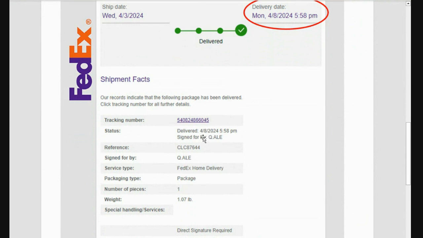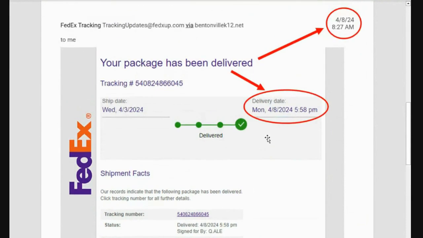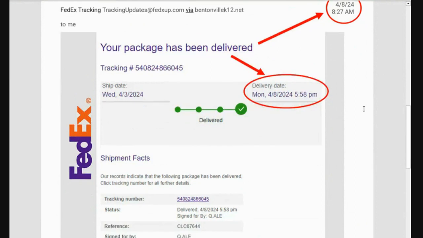But look, it was delivered on the 8th at 5:58 p.m. I received the email on the 8th at 8:27 in the morning. I got a package that was delivered in the future. That was crazy. Monday morning, I had a package that was delivered Monday evening at 5:58. So this came through a time warp back through time.